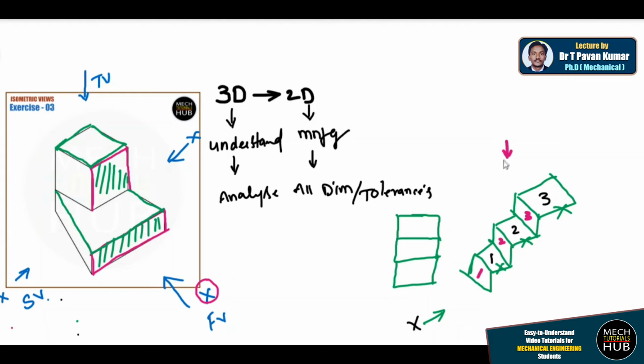When I change to the top position, again what I could see from the top is that these 3 black numbered planes, 1 2 3, are in contact with each other. This is how it looks. So when we view from the top, this vertical distance is not at all visible. This vertical height is not at all visible. Only these 3 faces are visible.